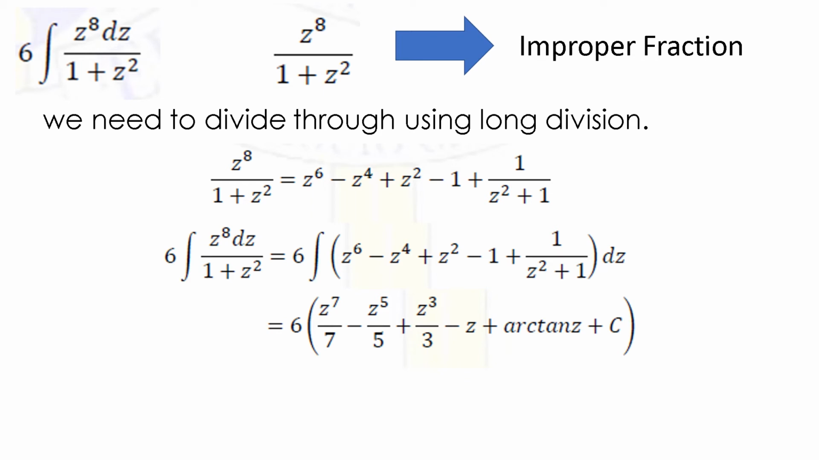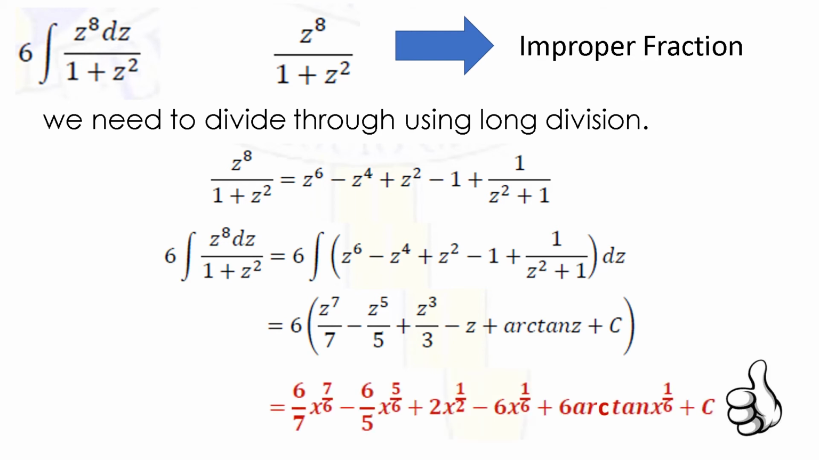Take note, originally, we made a substitution, or we introduced a variable z that is actually equivalent to x raised to 6. Now, we will bring back the original value of z, which is x raised to 1 over 6. So, replacing z with x raised to 1 over 6, we obtain our final answer to be 6